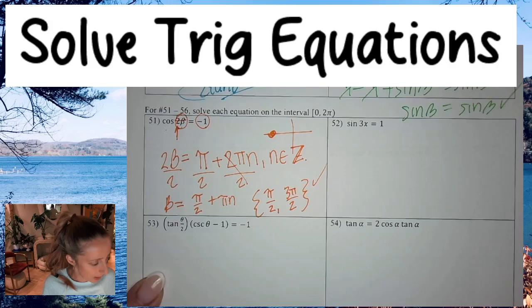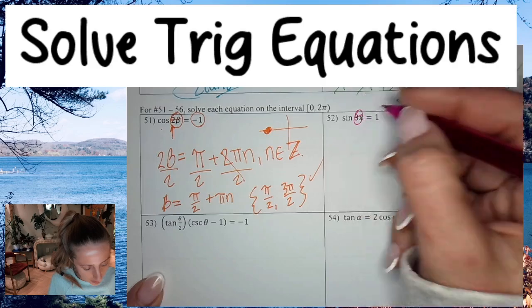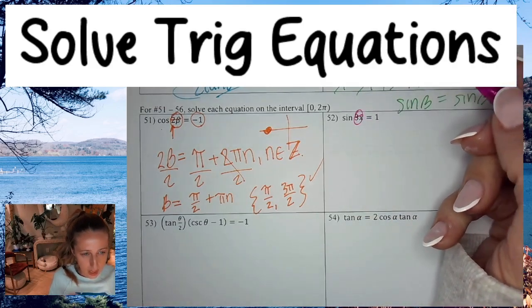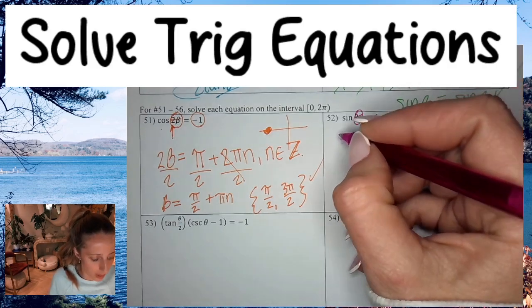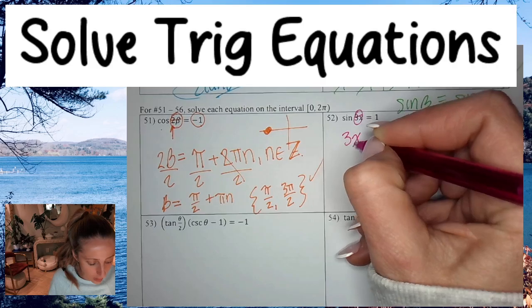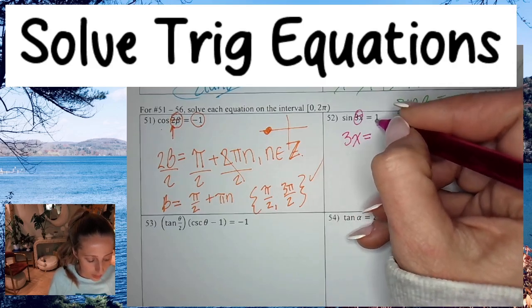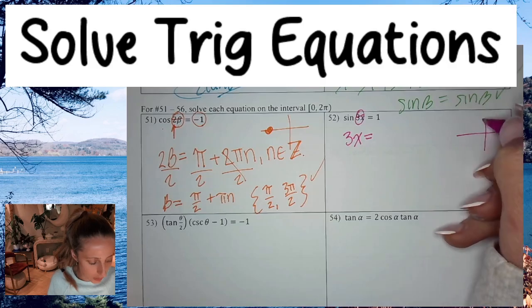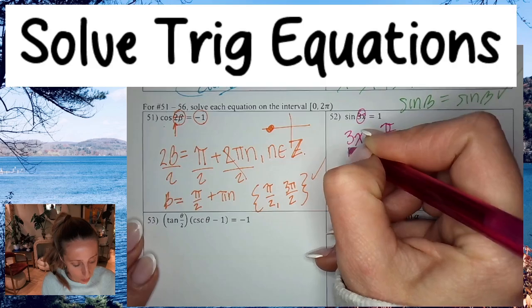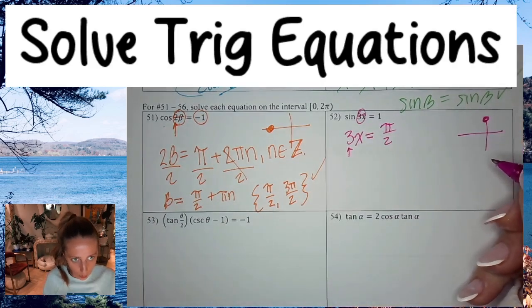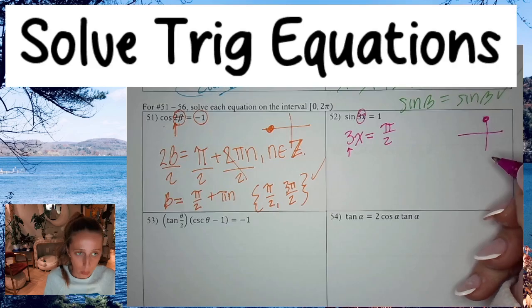Same idea here, same style. I have 3x as my theta. Sine of theta equals 1. So the sine of an angle equals 1. The sine of what angle equals 1? Sine of what angle is 1? Well, pi over 2. But again, when you have a number in front or with your angle, we solve by